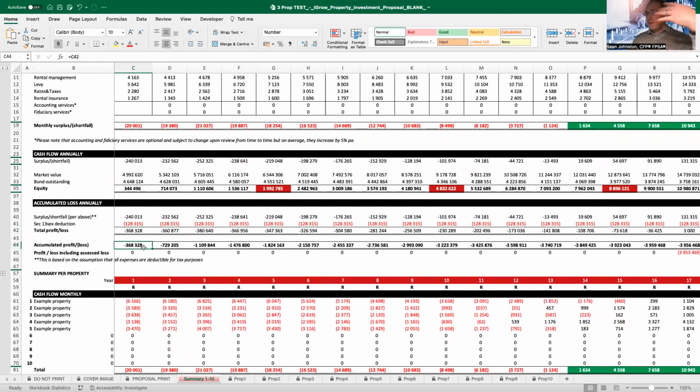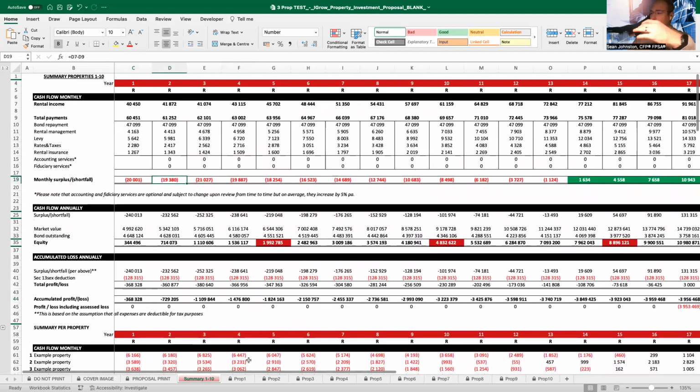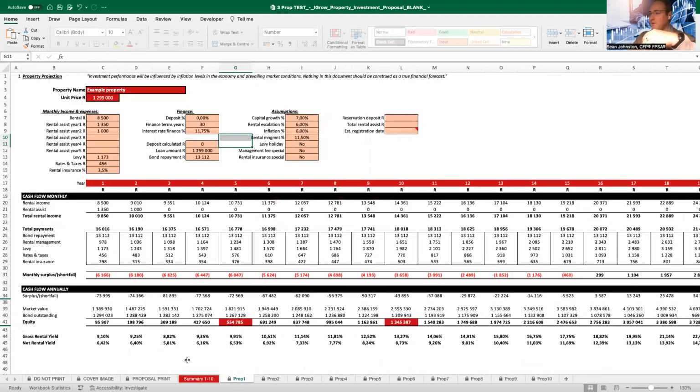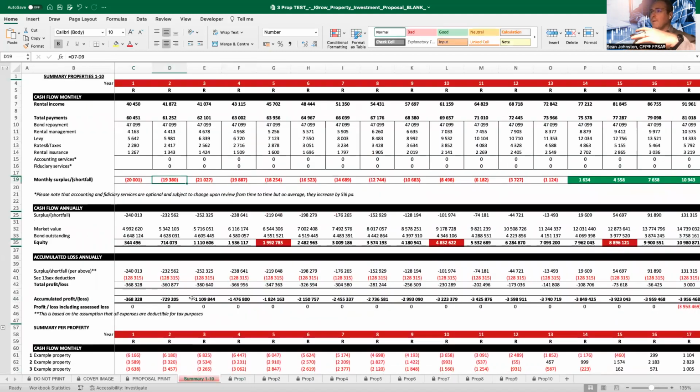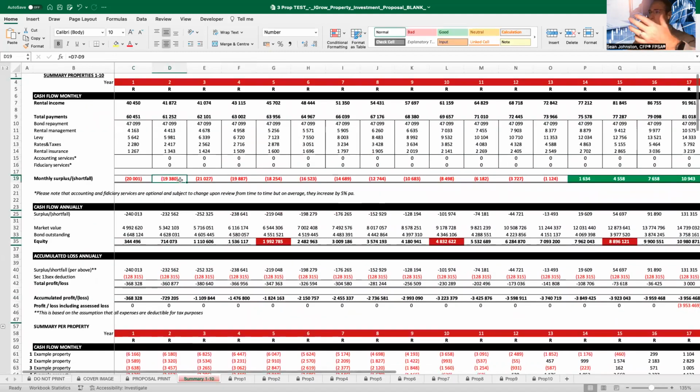And that's the assessed loss that will be given to SARS, which you obviously don't pay tax on. This will then carry over into the next year. You apply the same scenario based on these assumptions across the 5 properties, and your cash flow then starts to improve, 19,380, 232,562. You do the same scenario, and your assessed loss rollover is now